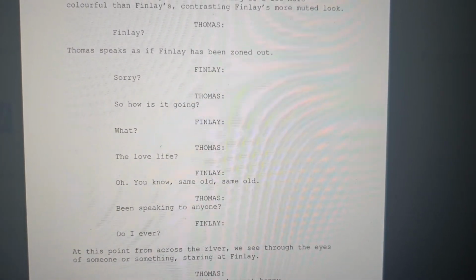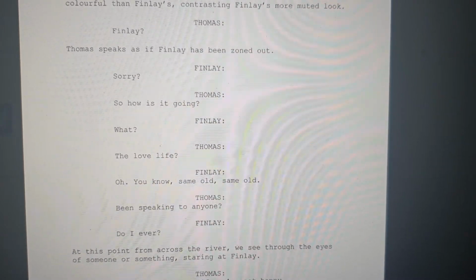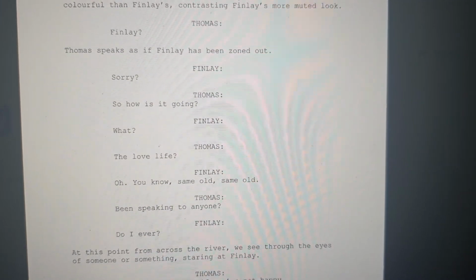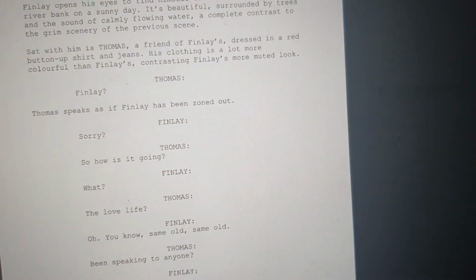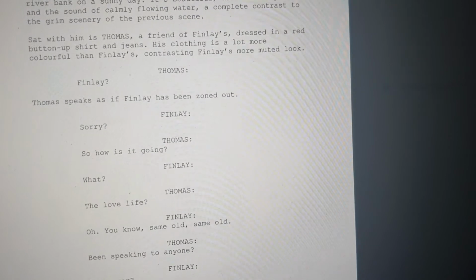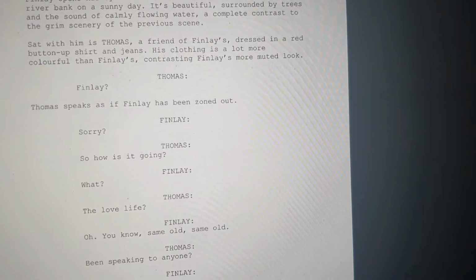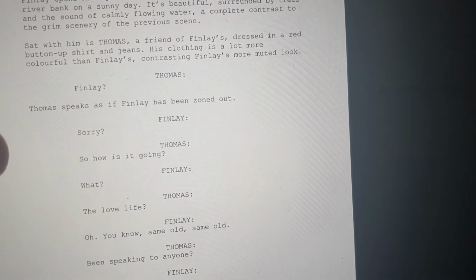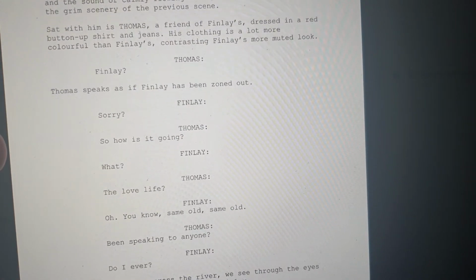But in a poorly written film, it could be perhaps just Finley talking to his friends, saying, "Oh, I don't have a girlfriend. Girls don't like me at all. I want to go out there and find somebody." It's just poor storytelling. With dialogue like this, much more realistic, it really brings us into the film world and